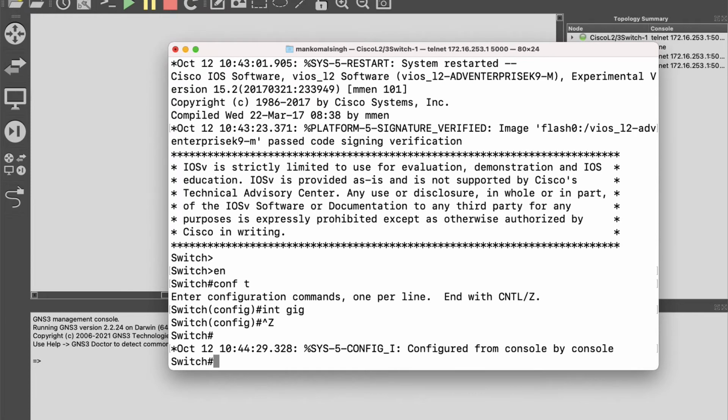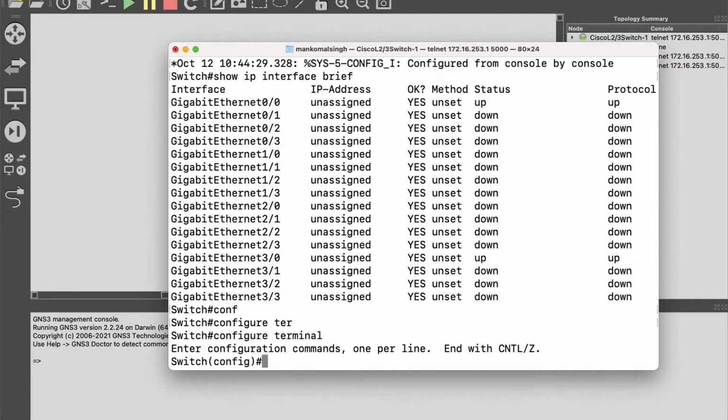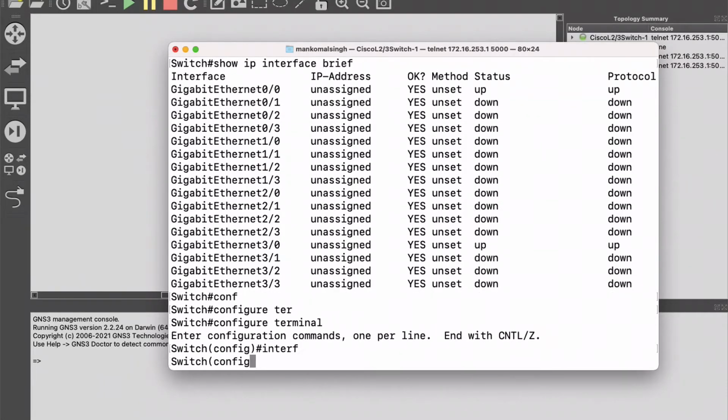So to enter the configuration of a particular interface, let's see what interfaces are available in our switch. To do this, let's do show ip interface brief, and we get to know the IP addresses assigned to the switch, and we also get to know the interfaces that are available on the switch. Right now we know that we have connected one PC with GigabitEthernet 0/0. So let's get into configure terminal, and here let's go into interface GigabitEthernet